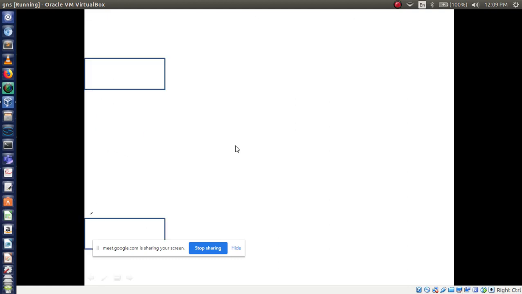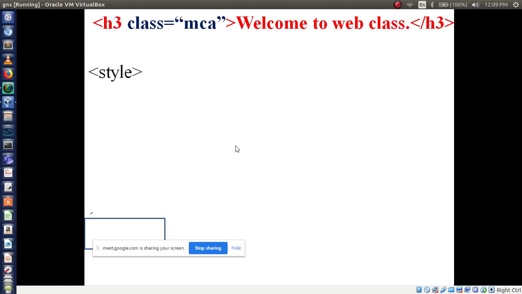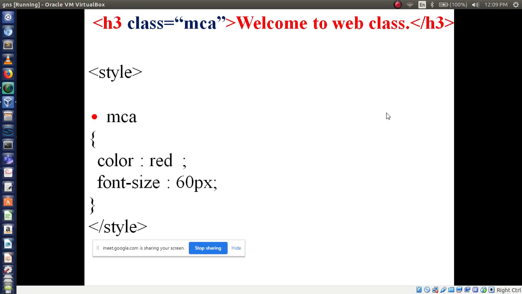Now another one I am using here. All of you see which kind of selector it is. Class selector. To use a class selector, first we have to use the dot operator followed by the class name.